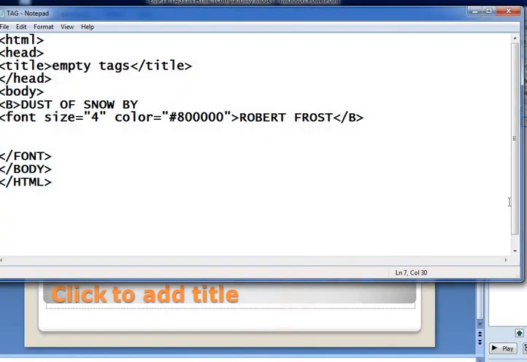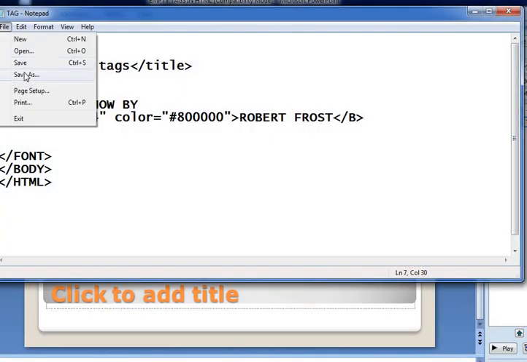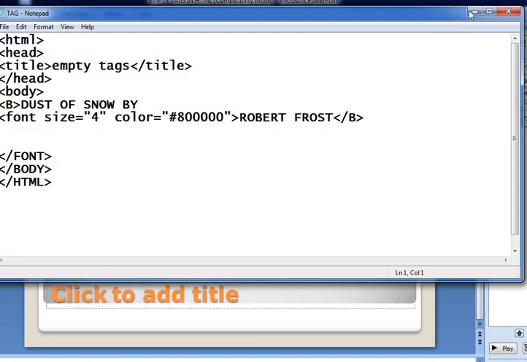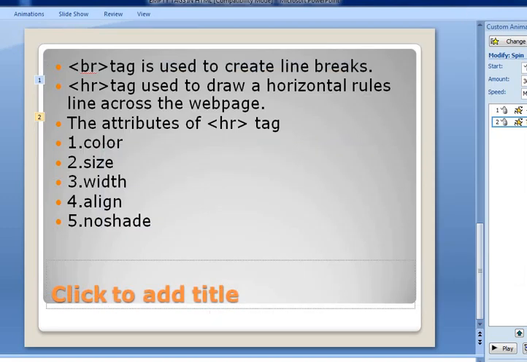Then what about the output? Using the save option, I already opened one web browser.